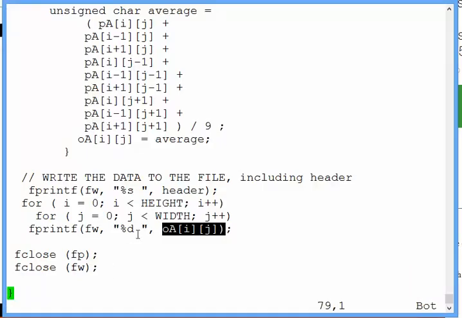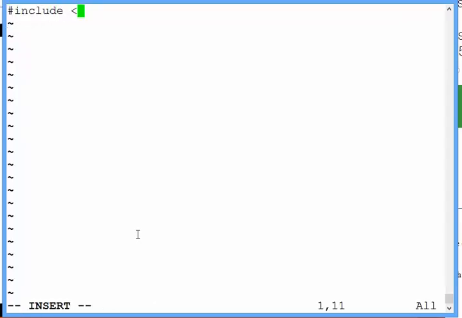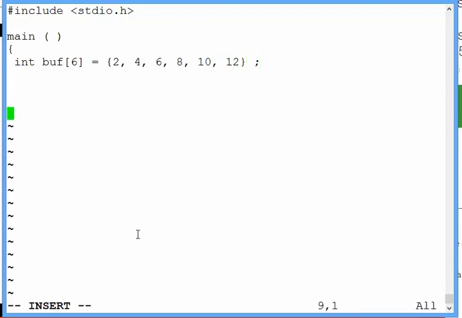Okay, let's take the example. I will say sample.c. Include standard input.h, you need that, and the main, like I said, integer buff, say 6: 2, 4, 6, 8, 10, 12. All right. So the very first thing is fw, a file pointer, FILE all uppercase, file pointer, just fopen,